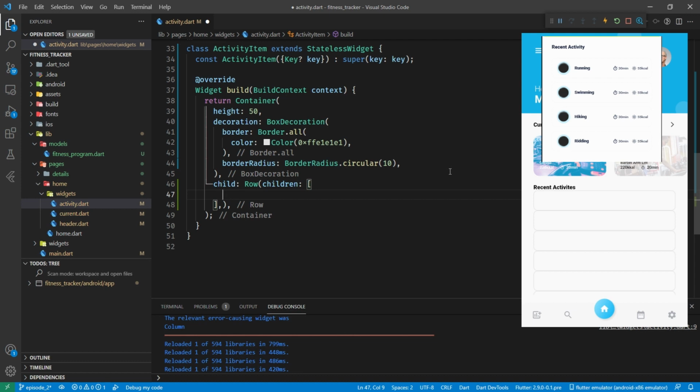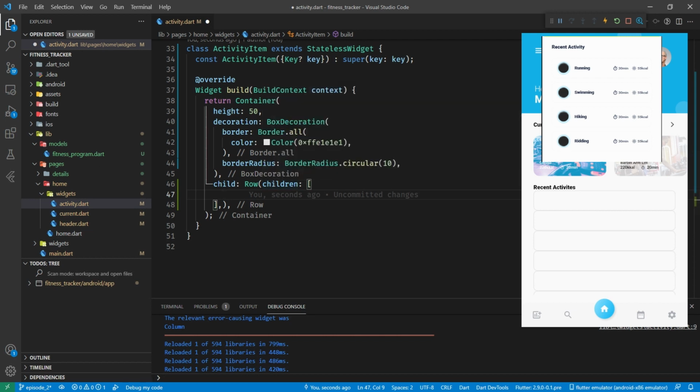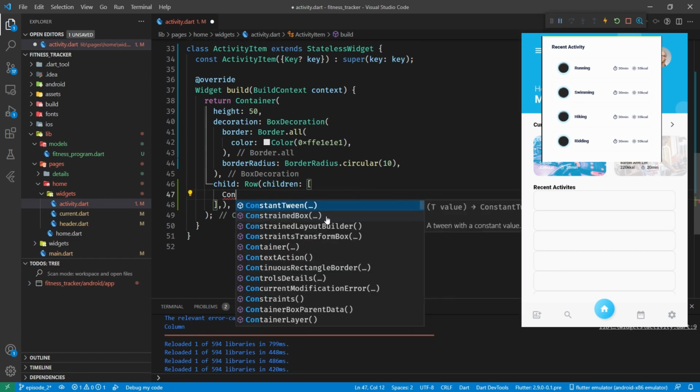And we have, first of all, a circular container with an image in it. And we've also got a circular border around that image. So we're going to have to create two containers, one inside the other, the second one being slightly smaller than the first one, and that will give us the border. So let's do this. Let's create our first container,